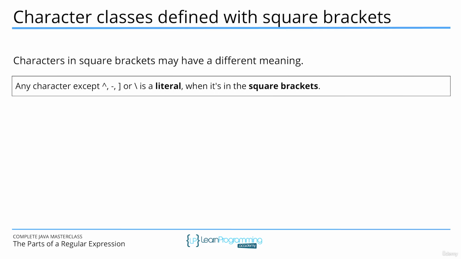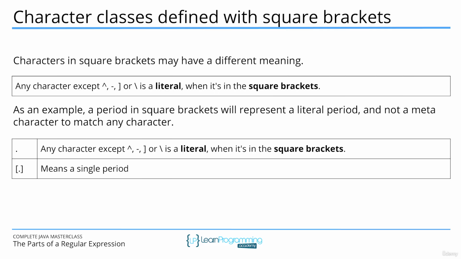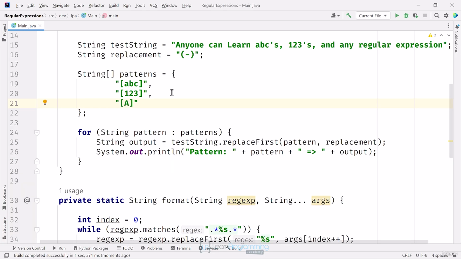Characters in square brackets may have a different meaning. As an example, a period in square brackets will represent a literal period and not a meta character to match any character. You can actually use a meta character that means OR, which is a single pipe character, so I'll do that